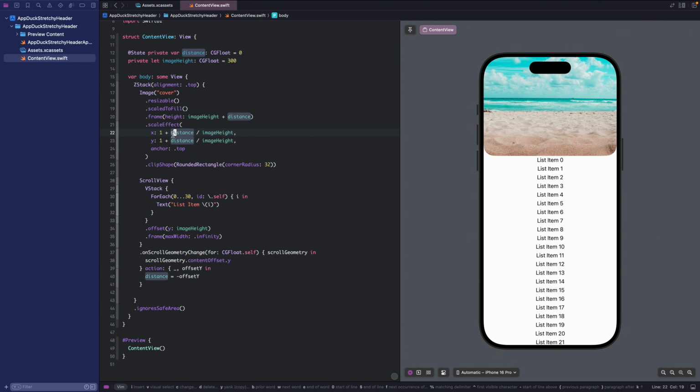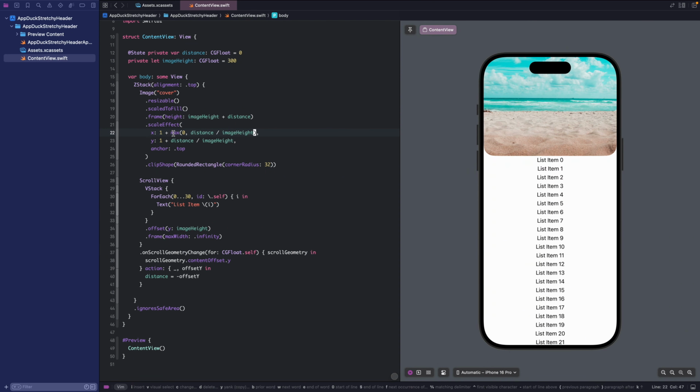First, I will prevent the shrinking by adding the max function here, because you can see the distance can be negative. So when the distance is negative, it shrinks our image.